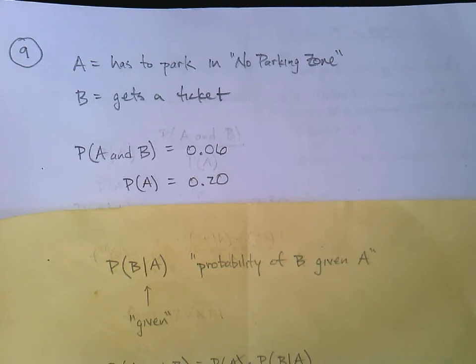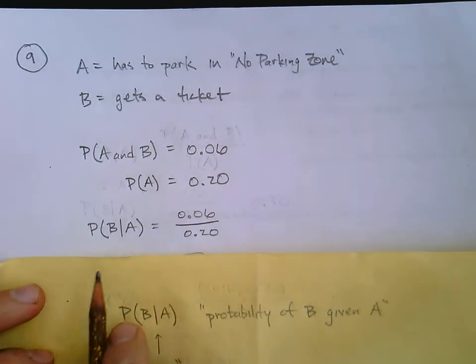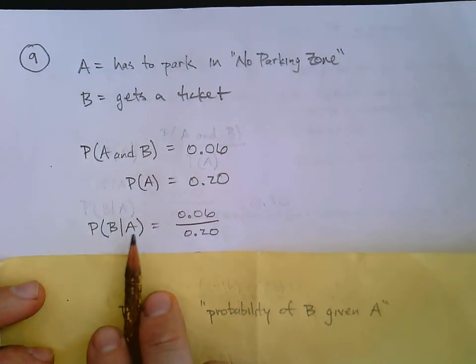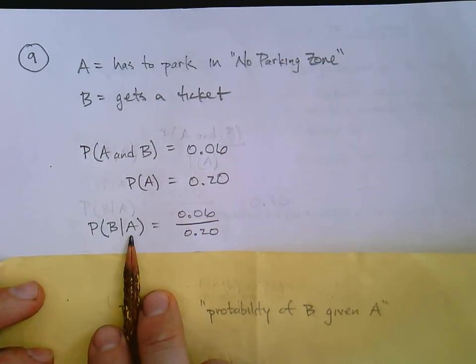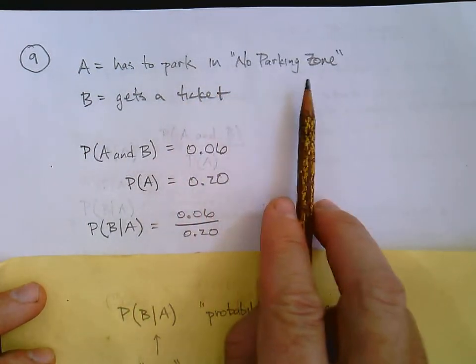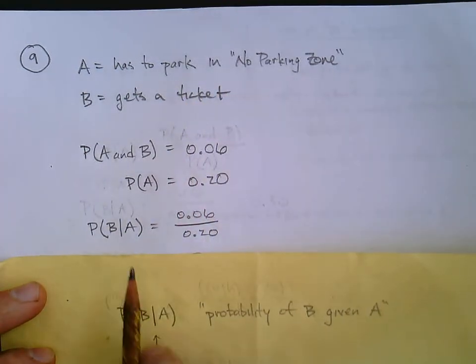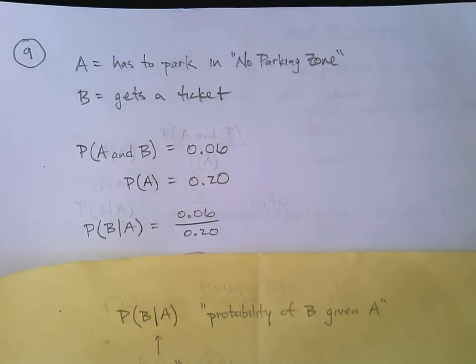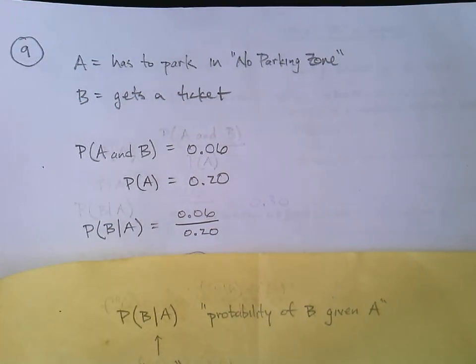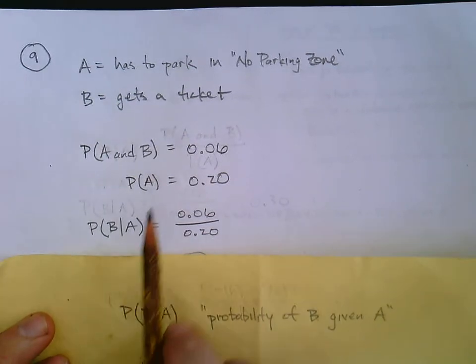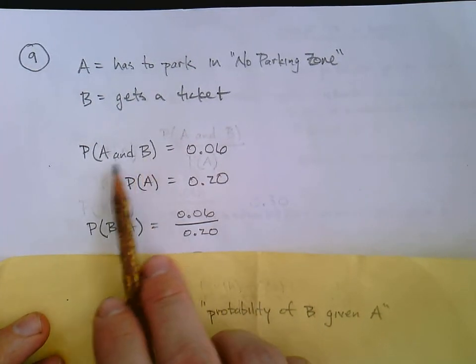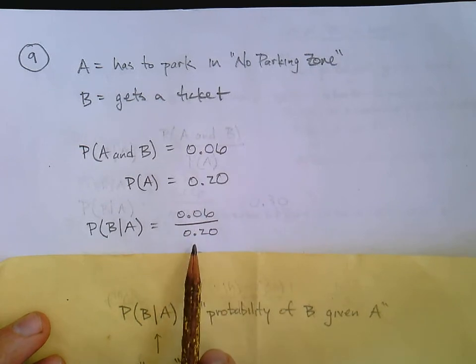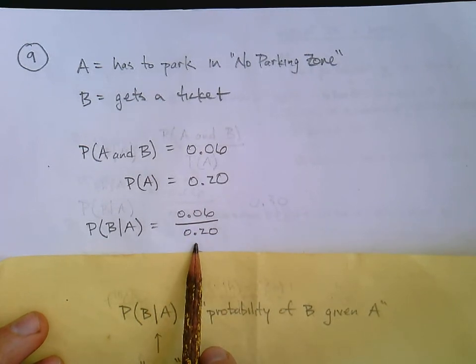That's already occurred. So what are the chances that he will get a ticket? So we're saying, what is the probability of B given that A already happened? We know he's already in a no parking zone. What are the chances that the ticket now occurs? And we can use our same formula rewritten. It's the probability of them both occurring, A and B, divided by the probability of just A occurring,